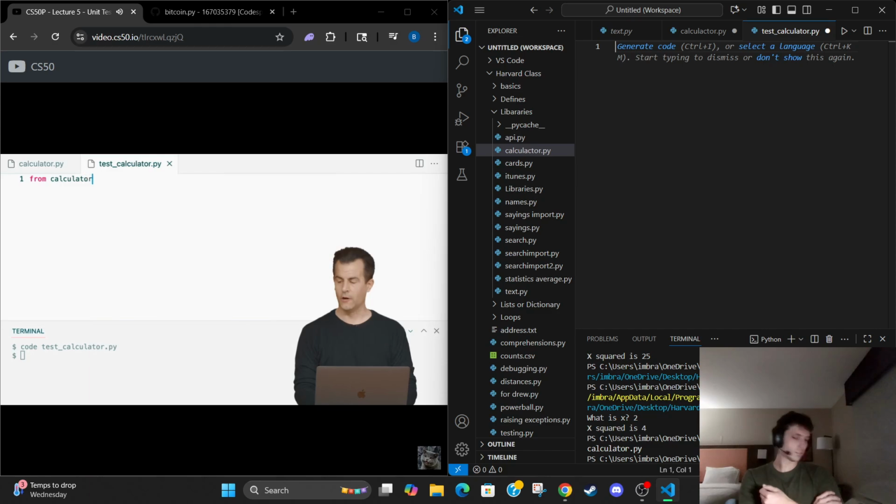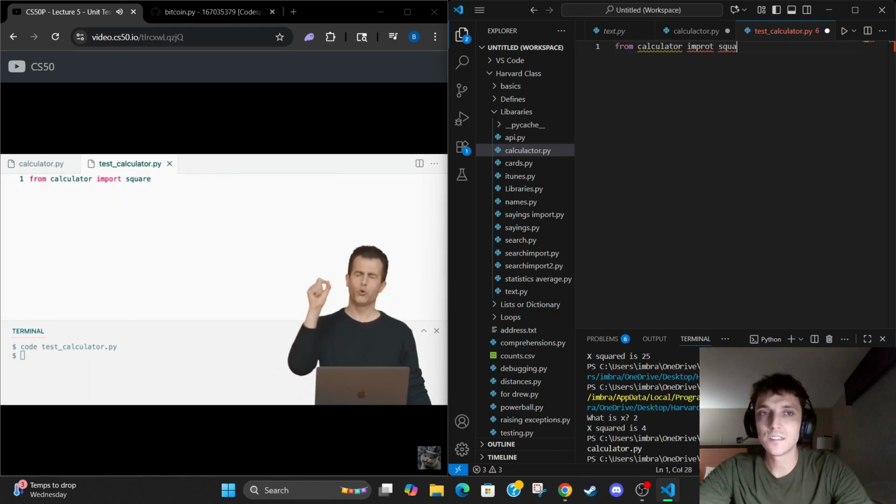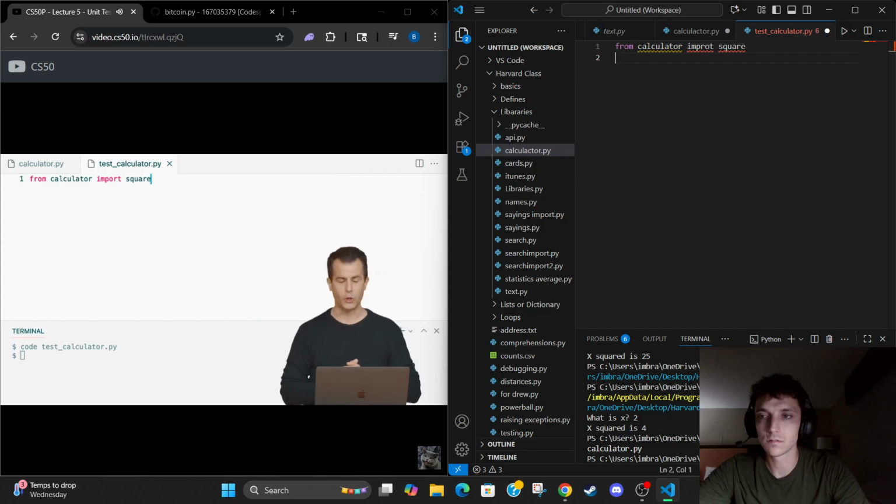From calculator, import square. I could go ahead and just import calculator itself, but then I would have to prefix my use of square, recall, by saying calculator dot everywhere. And it's just a little cleaner to just import the one function. And now let me